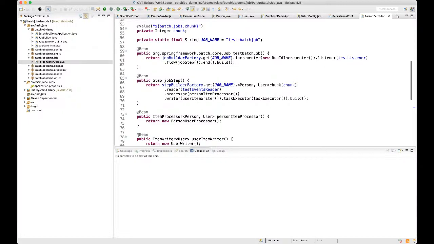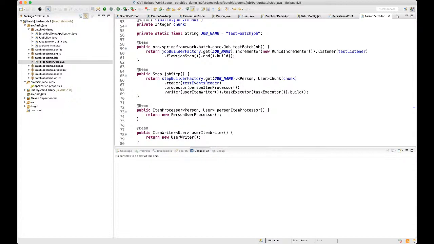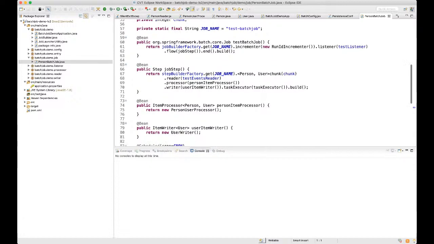As you can see, here we are defining a job. We are saying, hey job builder factory, this is my job name. The ID would be an indicator that increments, like 1 2 3 4 5. After that I have one listener which should be executed after the end of the job. The flow is to first call this step. If we want to execute another step, then we would include it in our flow.